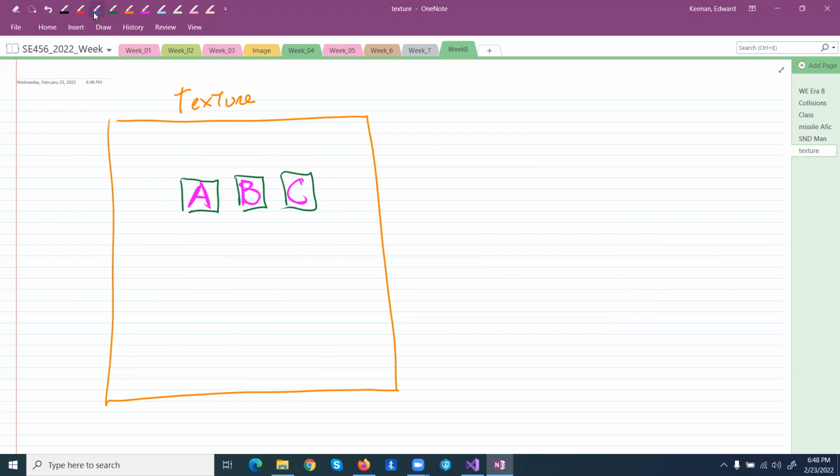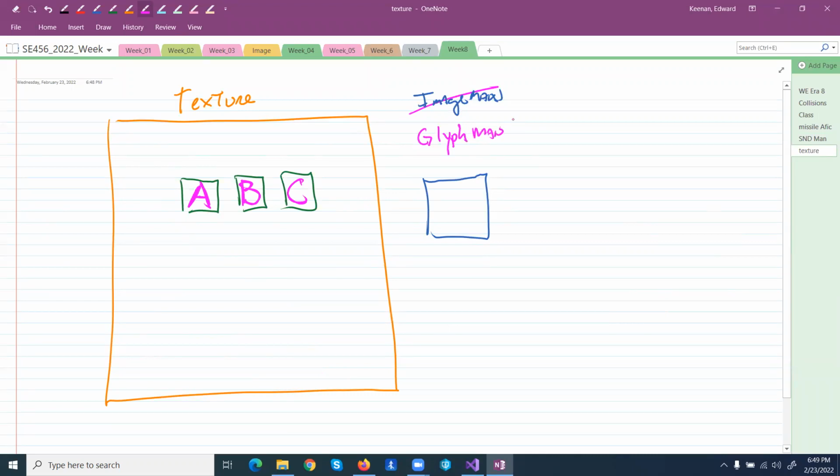And instead of having an image manager, you have a glyph